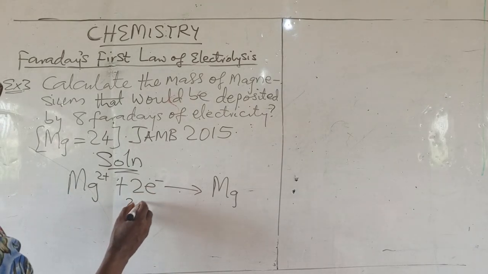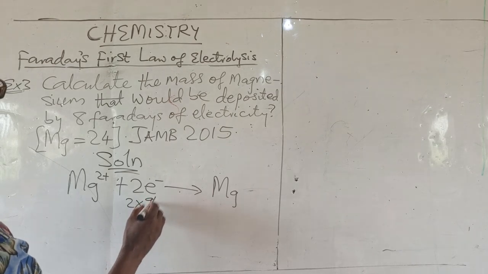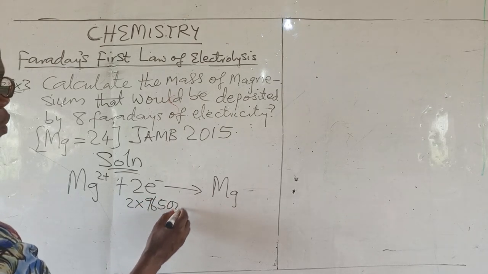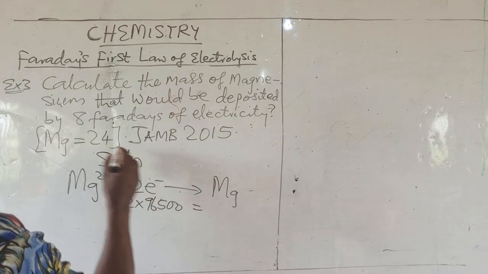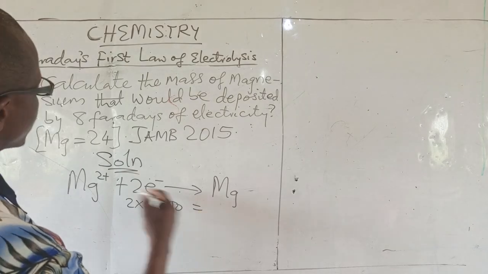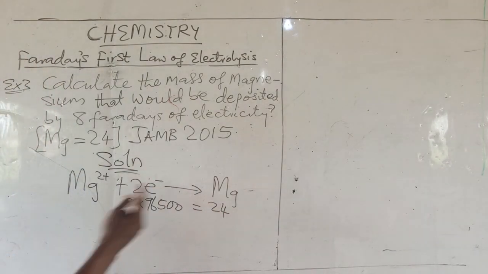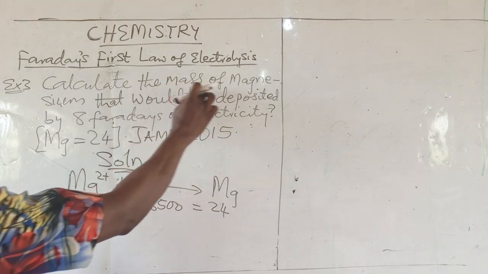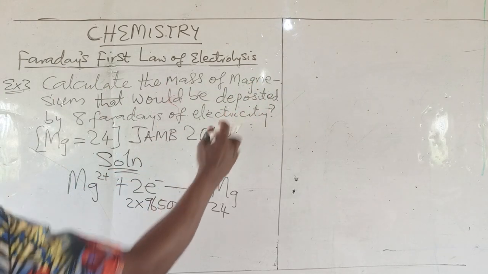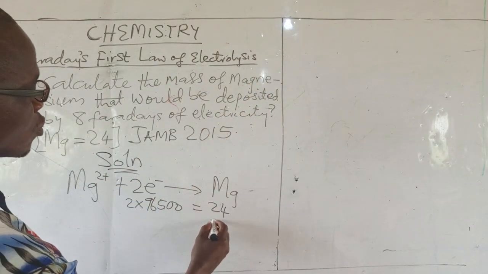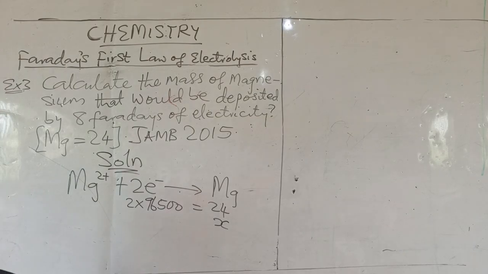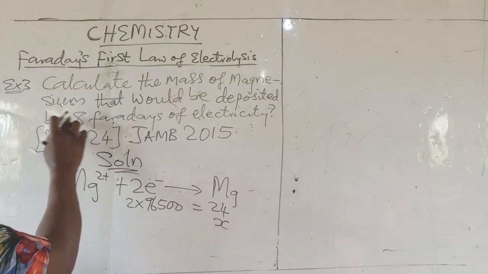That means 2 times what? 96500 to give you what? The mass of magnesium they gave you here to be 24. Now they say calculate the mass of magnesium, which you don't know. I can use X there. Now that would deposit